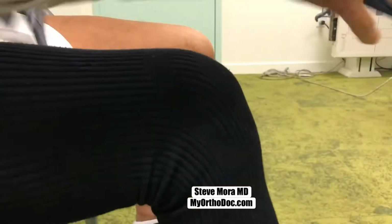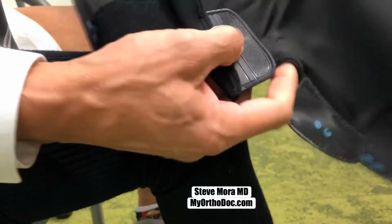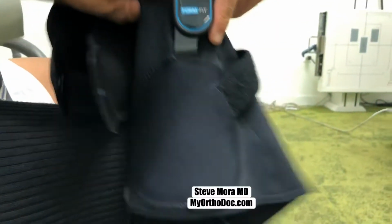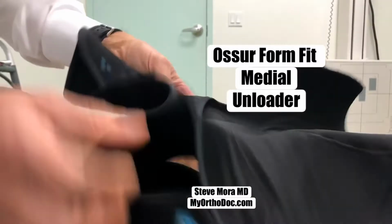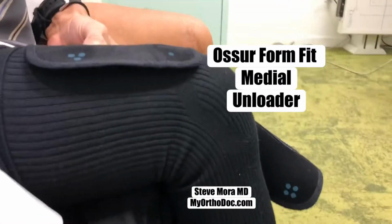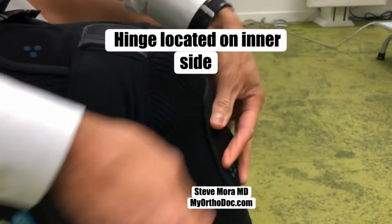And then currently, I'm using a very simple unloading brace, very light. It's soft, circumferential compression. And this one is by OSER. It's a form fit medial unloading brace, very easy to put on. It goes like this. The hinge is on the inner side, which is perfect. When the hinge is on the inner side,